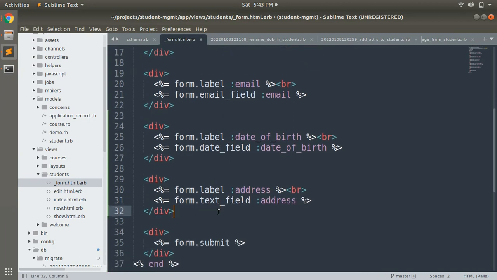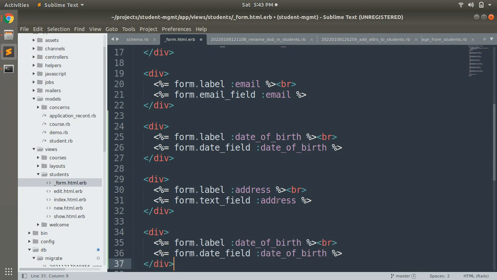Okay, and here again for contact, and write contact here as well, and make it a text field.